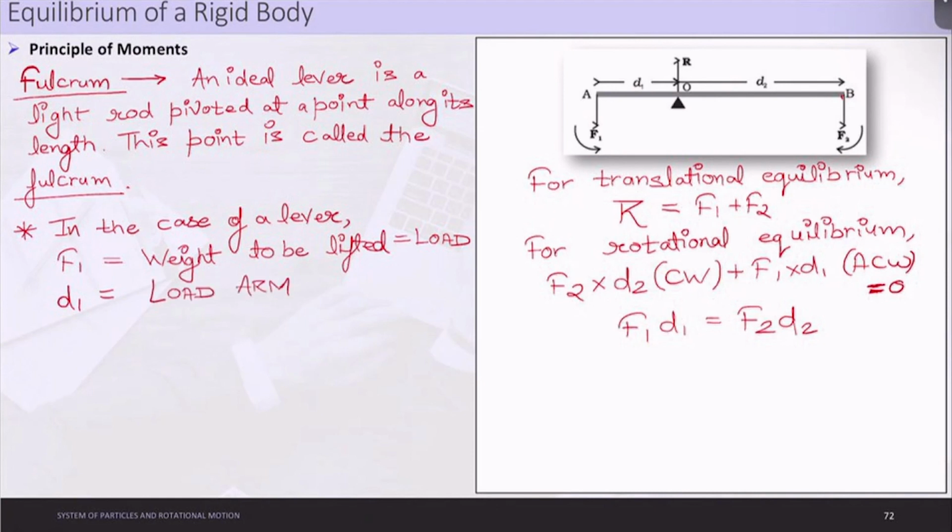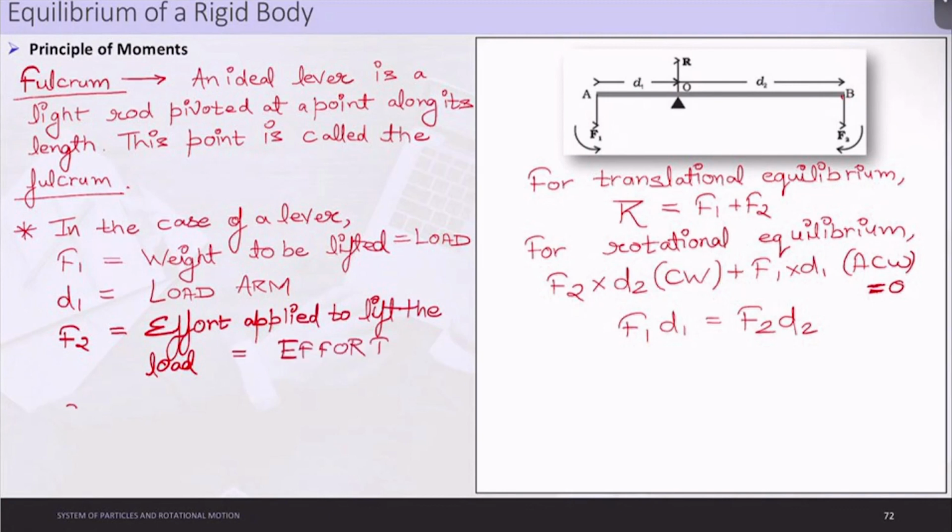I'm just telling the definitions. Similarly, F2 is basically the effort applied to lift the load. So it is the effort applied to lift the load, right? And hence this is called effort. And what is D2 basically? D2 is nothing but your effort arm. Okay, so that being said,